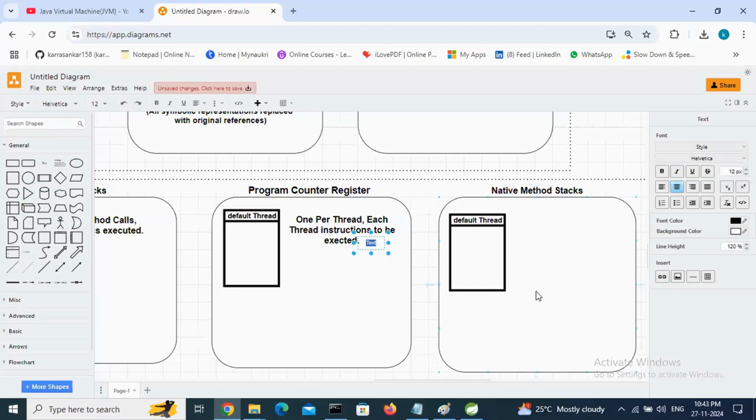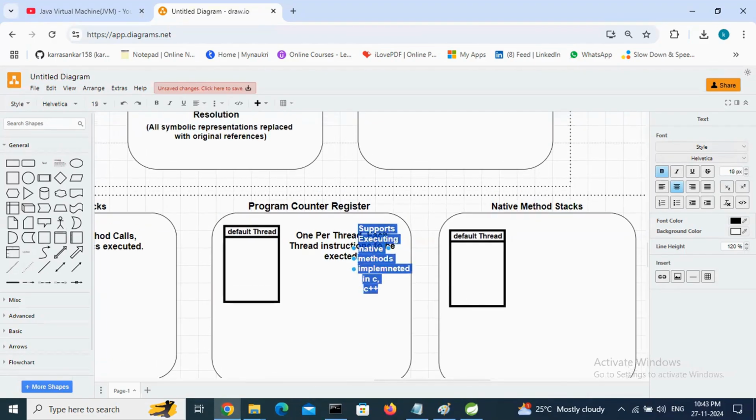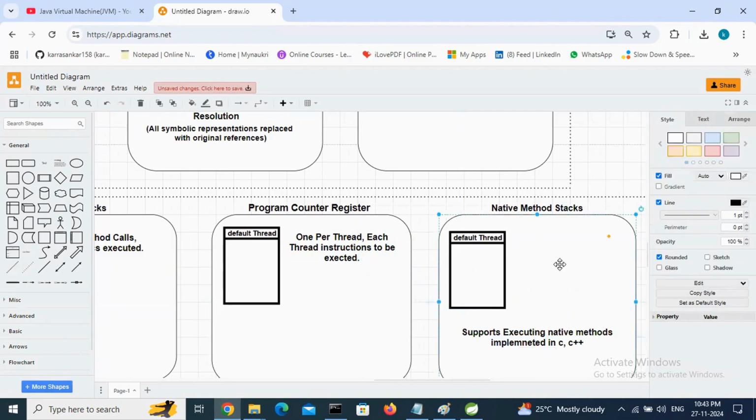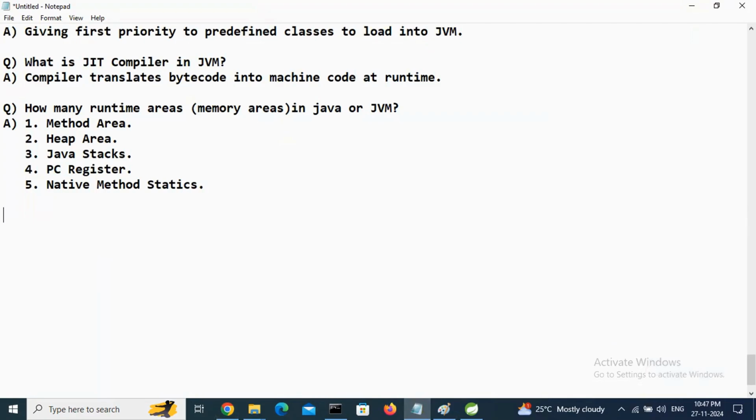It will store native methods. Native method stacks are nothing but stacks that support executing native methods implemented in languages like C and C++. So next question is